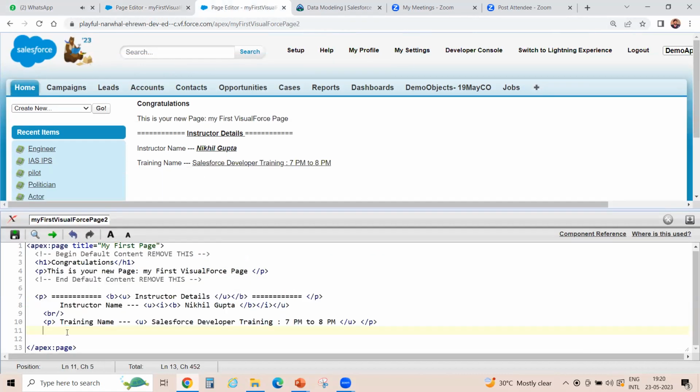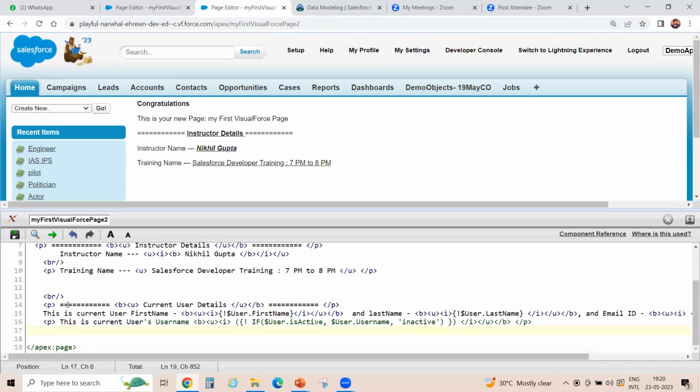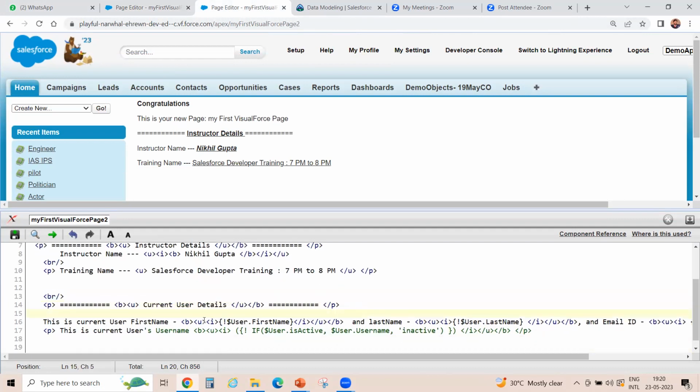Okay, now the current user which you are logged into. So for example, I am doing the break line, so it will come to the next line. Then I am doing current user details. In the current user detail, this is current user first name. Or you can mention the current user first name equals to,